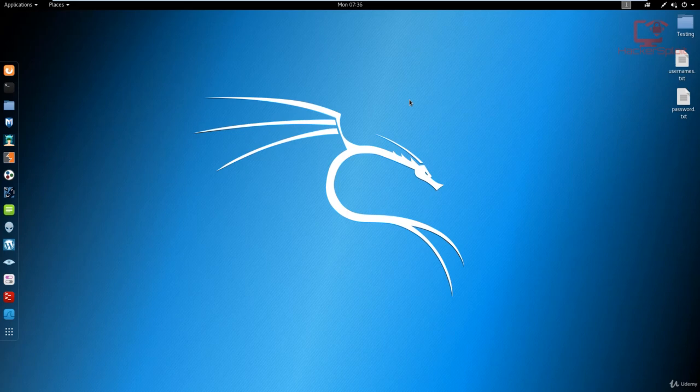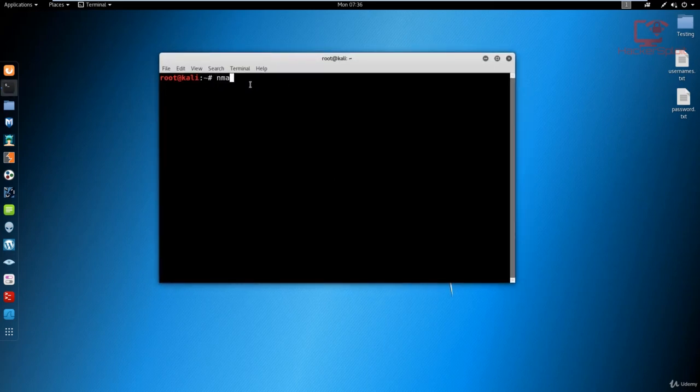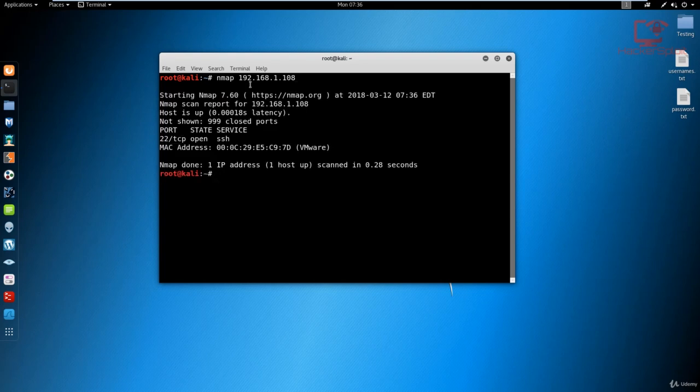Alright, so the first thing we need to do, following the standard steps, is identify the targets. We need to identify what ports are open on the target. So for that, we'll just perform a basic nmap scan for the simple ports. The IP address for my target is 192.168.1.108. Now, if you don't know your target's IP address, you can perform an nmap scan on the entire subnet and get the IP address that way, or you can use netdiscover depending on what you like. All right, so I'm just going to hit enter, and as you can see, the only port open